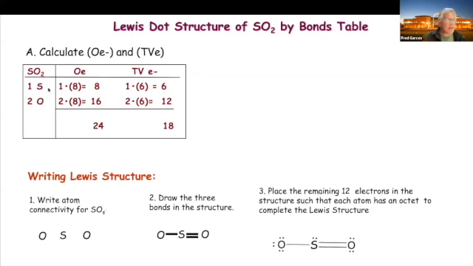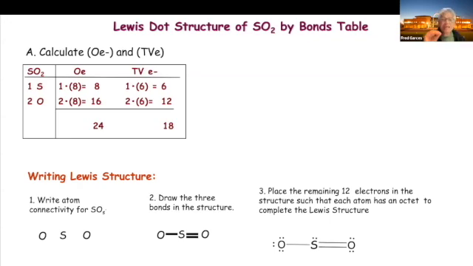That comes from the formula. Then we put OE and TVE. OE can only be 8 or 2. There's no hydrogens here, so it's got to be 8. 1 times 8 and 2 times 8. That's a total of 16 plus 8, 24. But in reality,